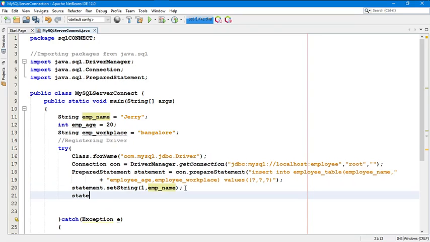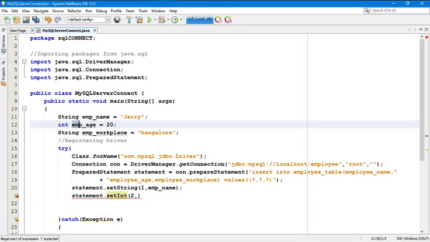Second is statement dot, the second one is of int type, so set int 2 comma. Now for this second parameter, which is employee age, it is of int type, so we have to give it set int, and this emp age will be placed to this parameter. The value of this is emp age, so we have to give here emp age,